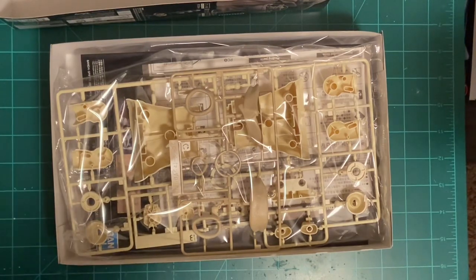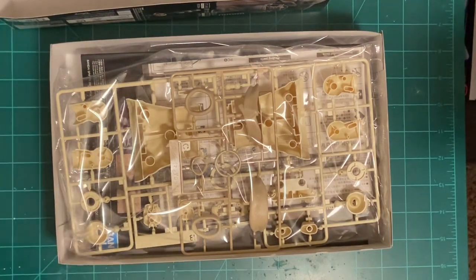Pardon the crumpling paper noise in the background. My little kitty Mocha is playing in the box that these came in with the paper. All right. So